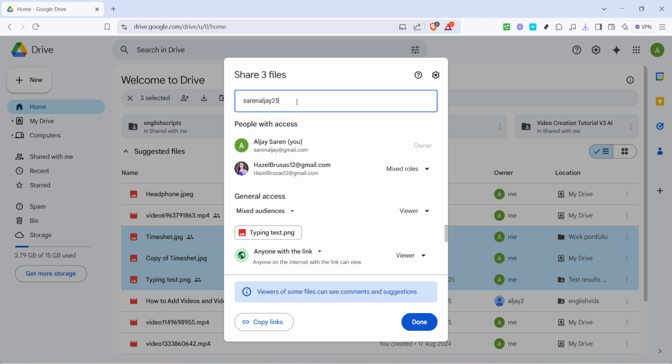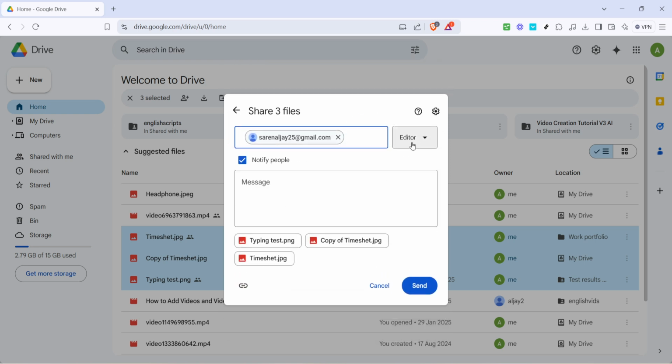After you're sure the email address is accurate, you'll need to set the permissions. Important to note here, these permissions are what determine how the other account interacts with your files. For transferring ownership or making sure the files can be modified, you should set the permission to Editor. To do this, find the drop down next to the email input field, usually labelled as Viewer by default, and